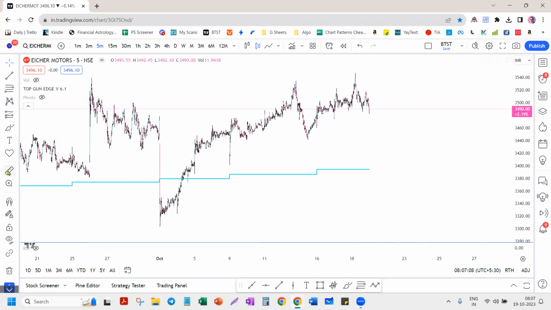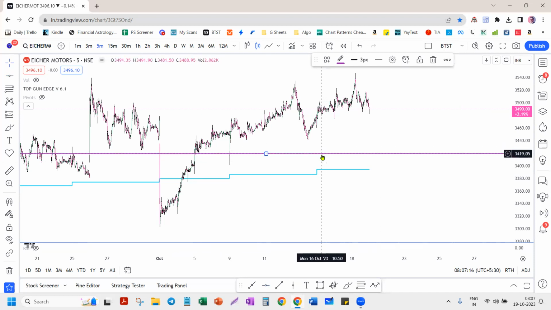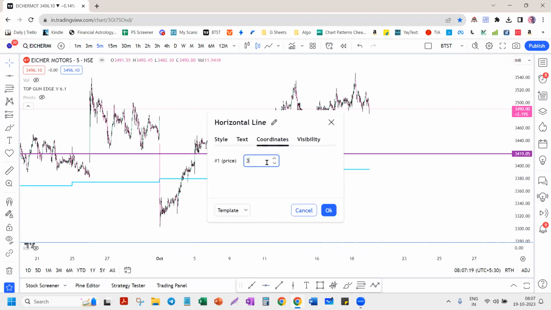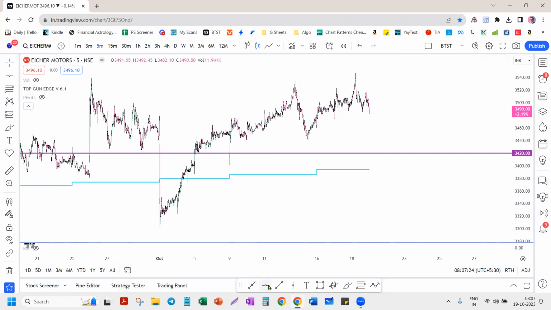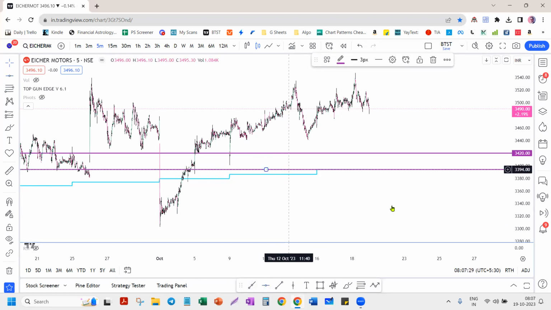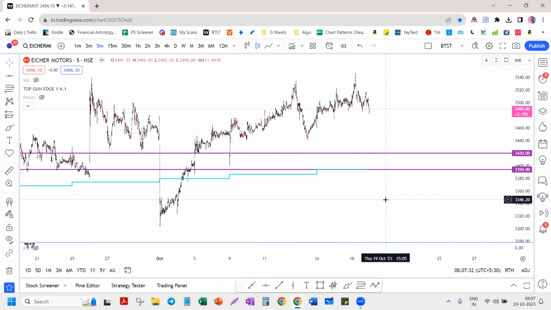So I hope you understand what we have done over here is we've taken an entry at somewhere around here, 3420. And we are saying the weekly line is going to be my stop loss line, which is 3494. So around 70 rupees gap you're putting. And on the top also, if you want a 1:1 ratio, you can do that. Or if I put a long position here,